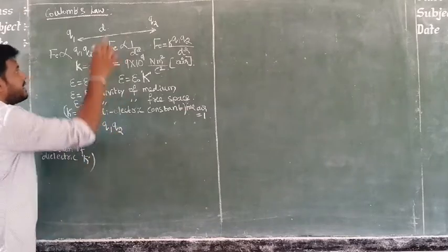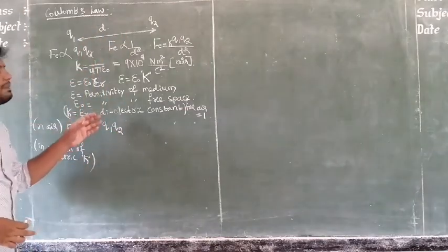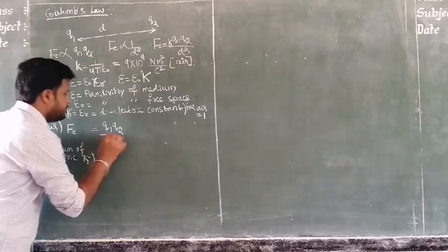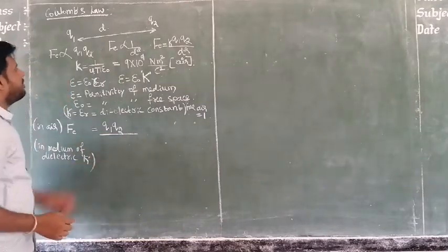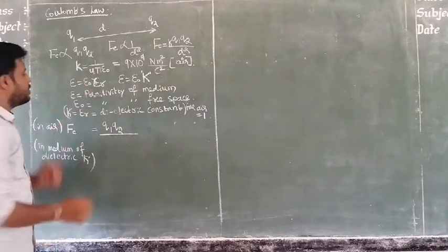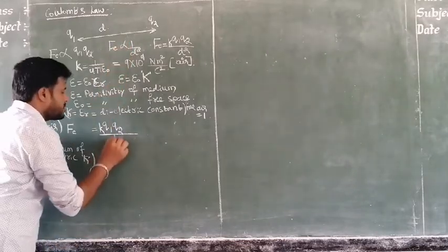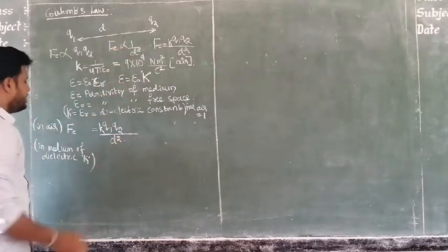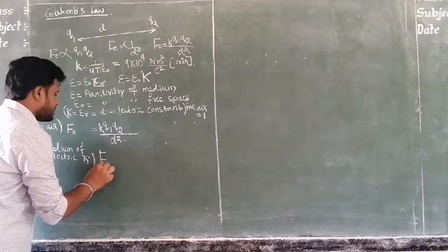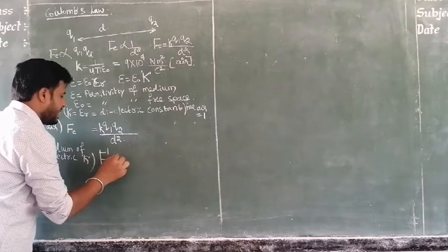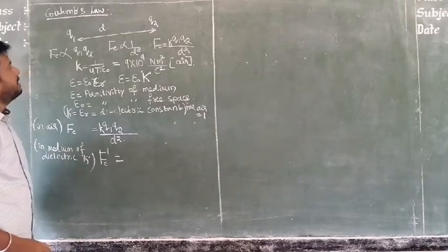Let's see the same arrangement when it is placed in air. So 1 by 4 pi epsilon naught, small k, divided by distance d square. When it is placed in a dielectric medium, let's say Fe dash equals